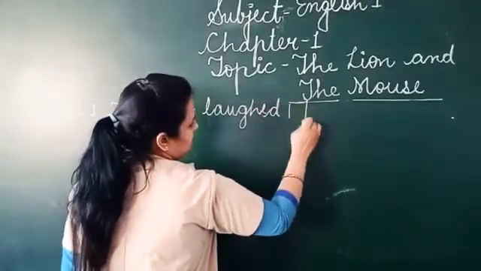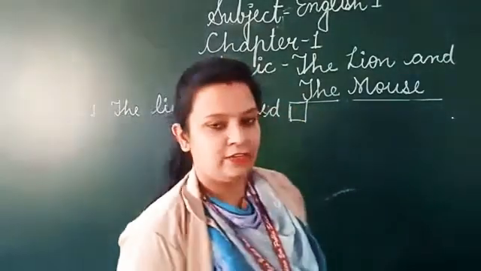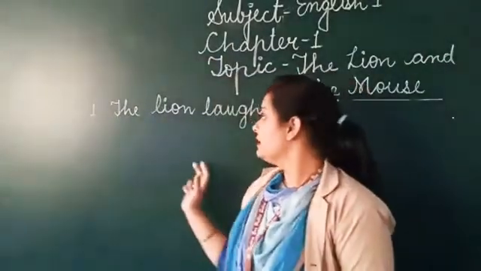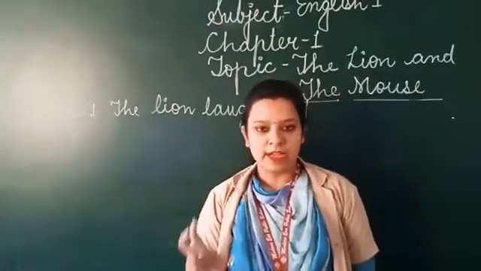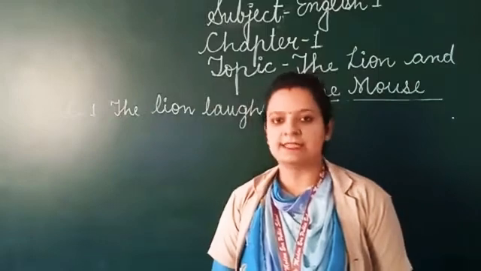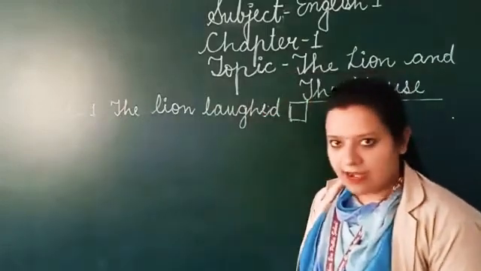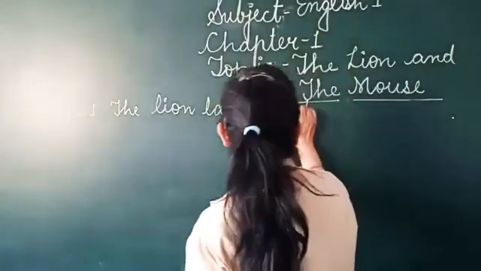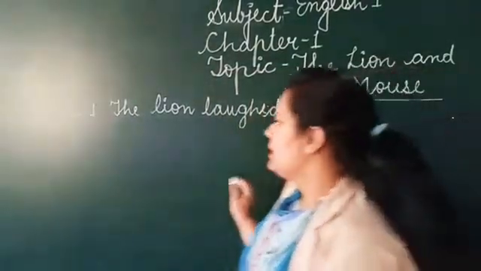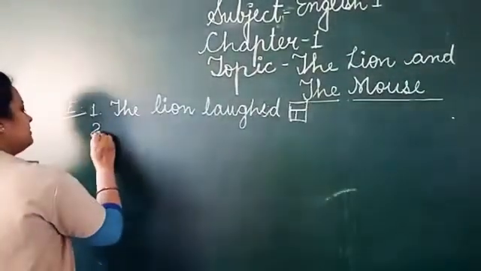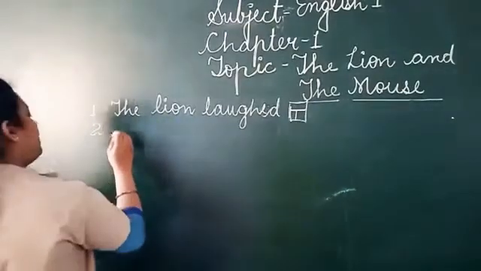Can you tell me, did the lion laugh or not? Yes, the lion laughed. So it is a true statement. Then we will write here true, T. Now the second statement is, the mouse